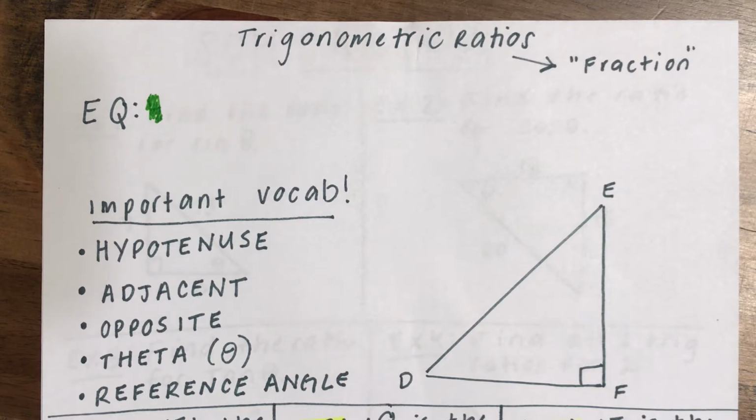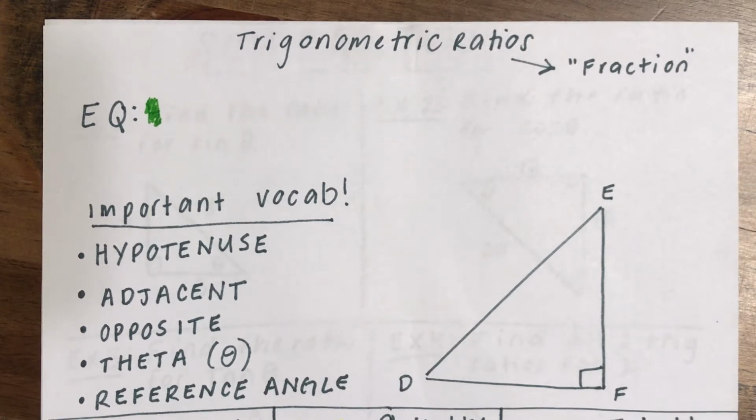Today we are talking about trig. This is something that I mentioned in the last lesson when we covered Pythagorean theorem. So trigonometric ratios deal with right triangles, just like we saw with Pythagorean theorem. Just a reminder, ratio is another way of saying fraction, which is a number divided by a number. When we talk about trig ratios, we're going to be looking at the ratios between the sides in